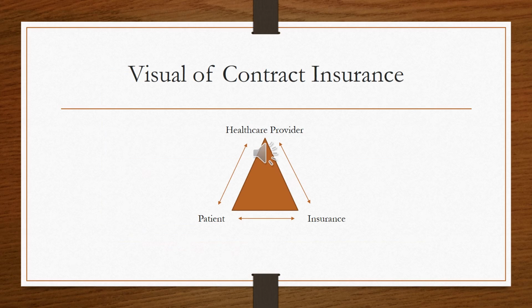So let's think of doing follow-up for a contract insurance. Again, a contract insurance is one where you could go to your file cabinet or your electronic files and find a signed contract between you and the insurance company. Most clinics have maybe 5, 6, or 7 contracts at the most. They're usually with government payers like Medicare, Medicaid, or Blue Cross, or a payer like Humana or Medica, which are